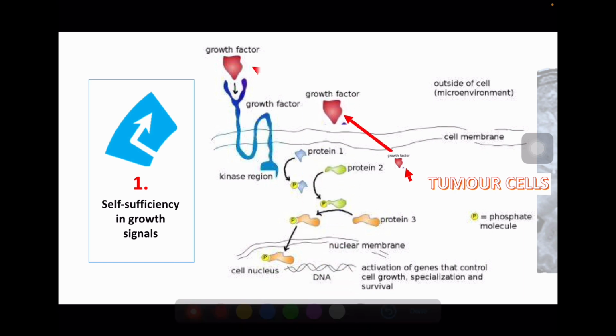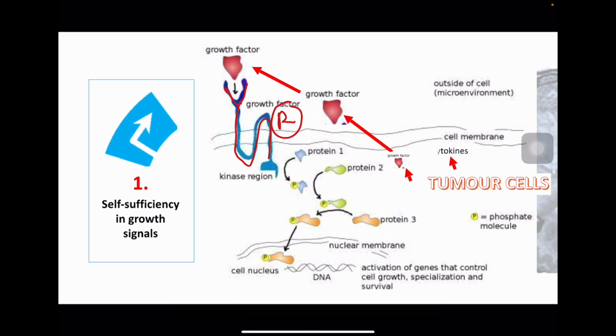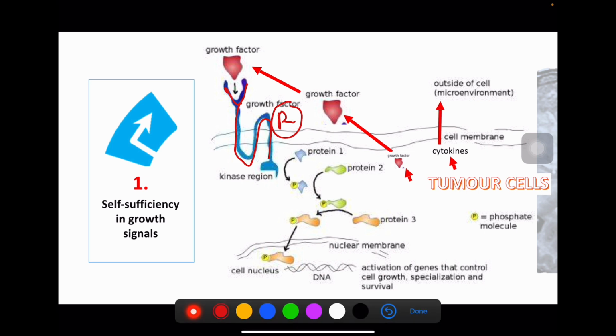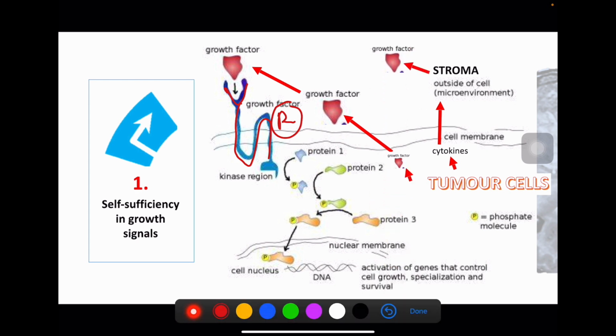Okay, out of the cell, and then attached to the receptor. This is the receptor. Second thing that they can do is that the tumor cells can actually produce cytokines. The cytokines go to the outside of the cells, to the so-called stroma, and then this stroma produces a growth factor, and again this growth factor will attach to